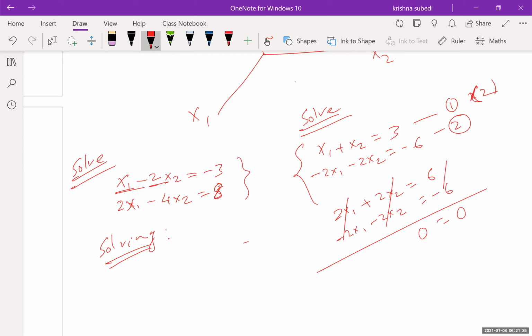So you got 0 over 0. What does that mean? Okay, no solution? Not really. It means there are infinitely many solutions. If you draw these two lines, they will actually overlap. One line will overlap the other. So that means they have infinitely many points of intersection. Therefore, the solution is infinitely many solutions